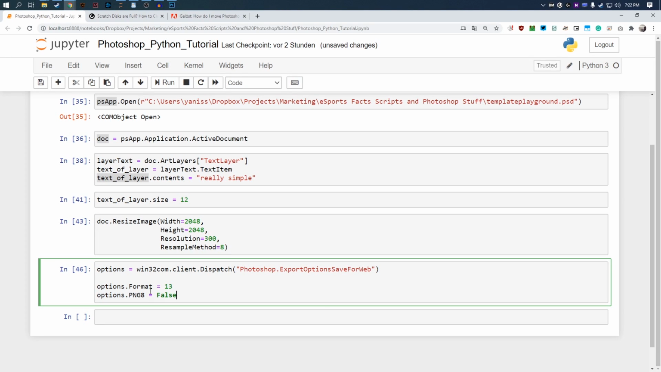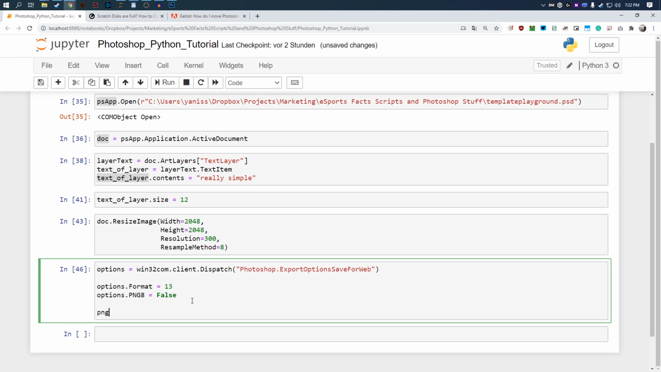options.PNG8 equal false. The reason we're writing options.PNG8 equal false is because we want our export to be the best quality possible. Setting PNG8 as true would mean you want to export your PNG file as PNG 8 bits. But we want PNG 24 bits, which is why we write false. And the options.format equal 13 is just something you need to do if you want a PNG file at the end. Eventually, we also want another variable that we're going to call PNG file